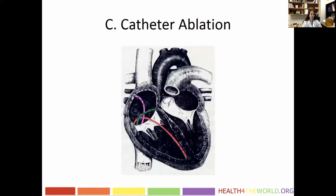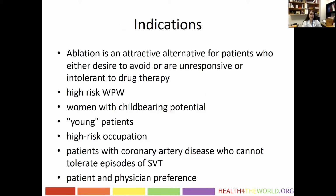The cornerstone of management of supraventricular tachycardias is the catheter ablation procedure. And as we discussed, it is the attractive alternative for patients who either desire to avoid medications or are unresponsive or intolerant to medications. Also, in patients with WPW that are at high risk, people who have history of atrial